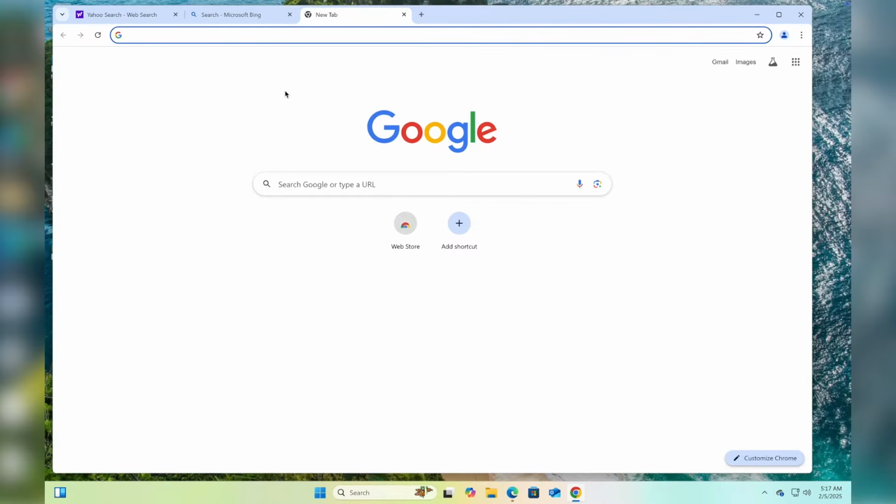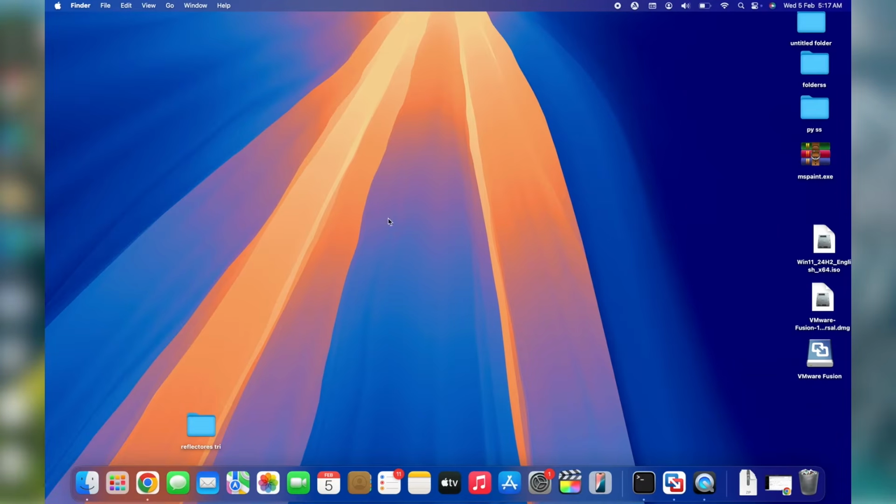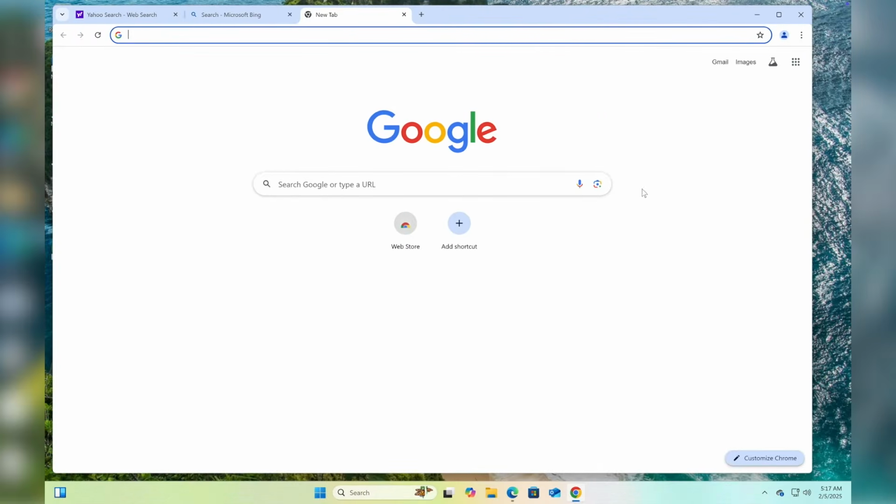In today's video I'll be showing you how to perform this on a Windows device as well as on macOS operating system. In my case, I'm running both of the softwares here on my MacBook, so if you also want to learn how to actually run two operating systems on your MacBook, do not worry, simply watch this video right here now in the card, which is going to show you how to install two